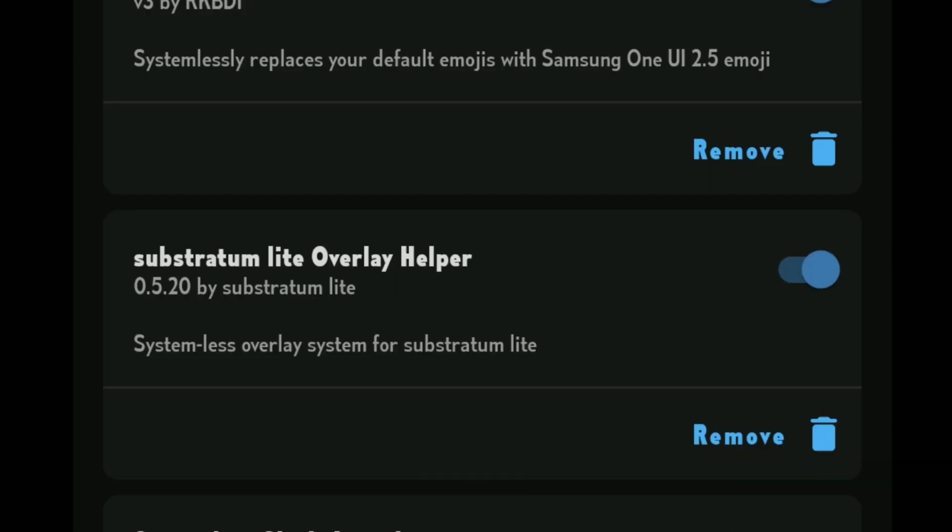Most of the Substratum theme channels provide guides and tutorials if there is a new theme, so that you can easily recreate that theme. If you ever face a black screen or boot loop issue, then just disable this module from OrangeFox recovery if you have that, or just flash the rescue zip from recovery. So with that said, I hope that this Substratum tutorial helps you create your own theme more easily.